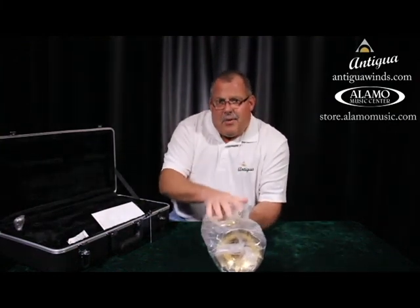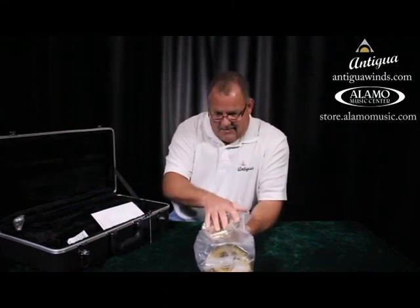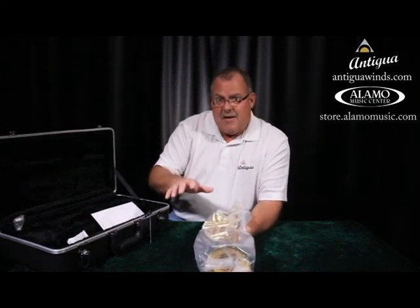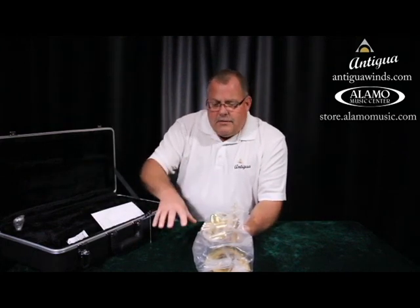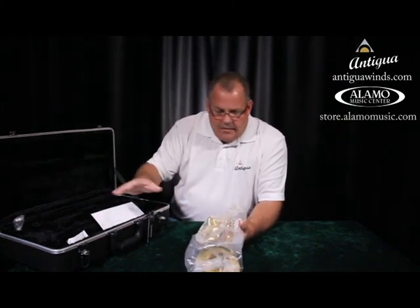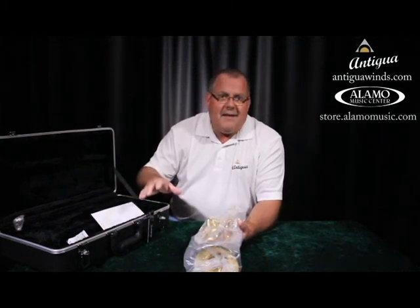This is made of brass. It's a brass instrument. That's a metal. It can get a dent in it. We don't want to get a bunch of dents in our instruments, so we're going to be very careful. You notice I'm on a table here? We want to do this on a table or the floor, or maybe your bed, wherever you are, but make sure that we have a good surface to open this stuff up